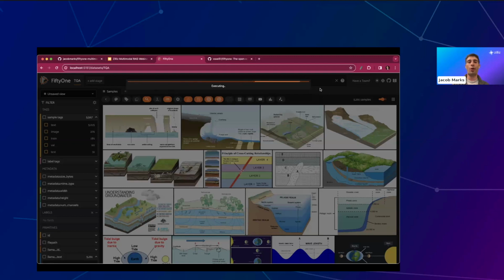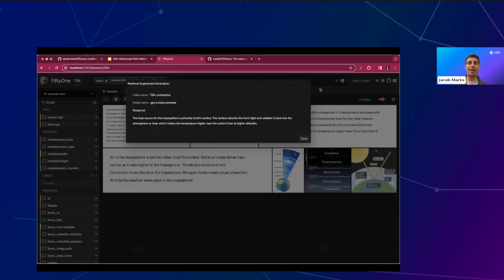So what this is going to do is on the back end, it is finding all of those relevant text results and image results using the index that we have generated. In this case, it's finding the images via a CLIP embedding and the text via the text embedding model.